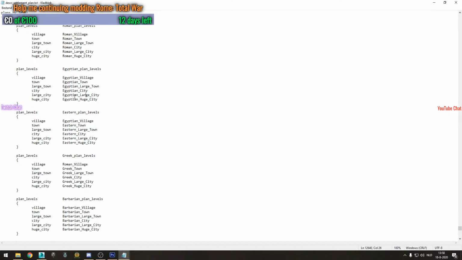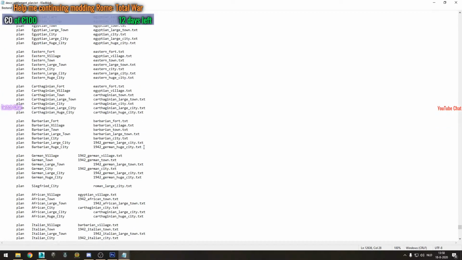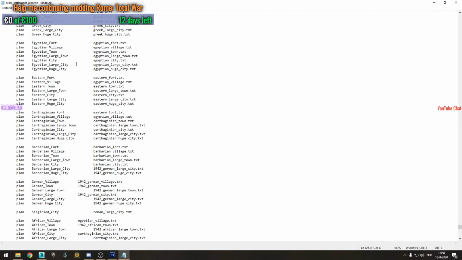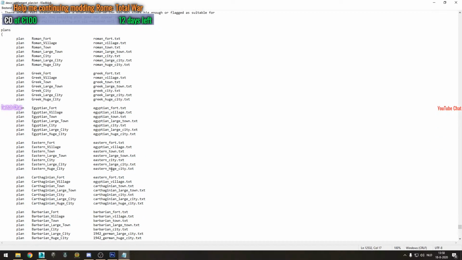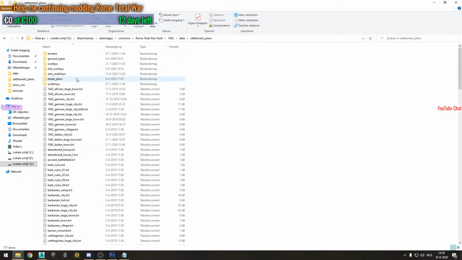So instead of this, we will want another city. Well, this is defined above here. So here we have all the plans. So for the Germans, as you can see, I have different newly generated plans. So now I want for the Egyptian, let's go with the town. So if we go to the plans, yes,